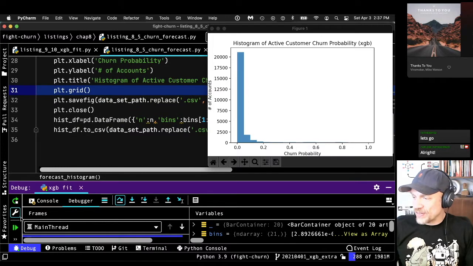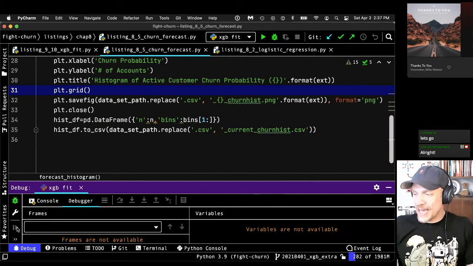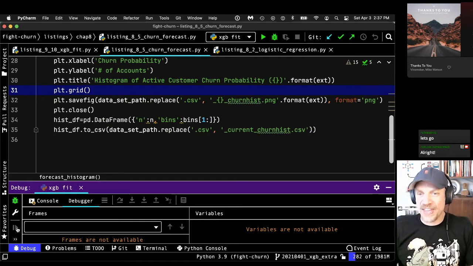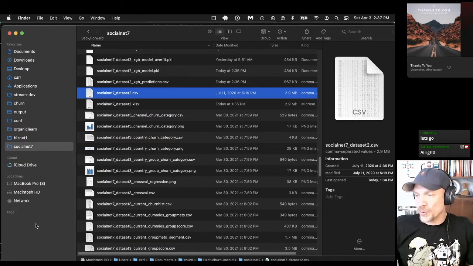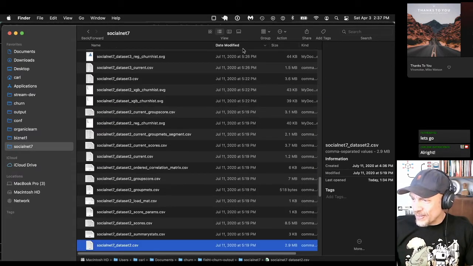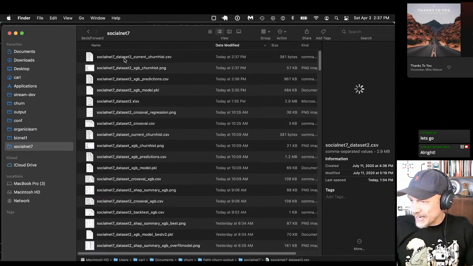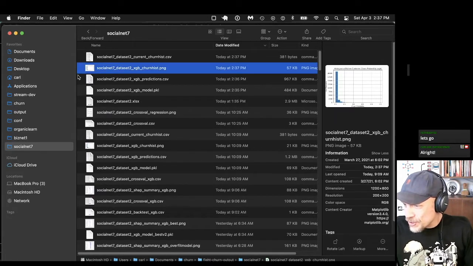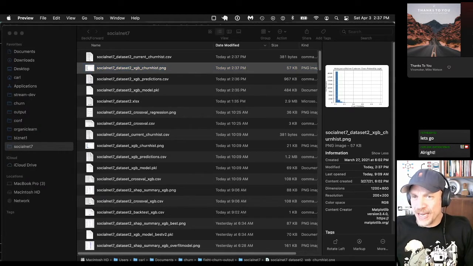I'm just going to let this run out, and then we can look at the histogram that was saved. Because in my code, all the results get saved out to a local folder. That's because usually in a business context, you're going to want to look at these things and share them with people. So let's see. This is the folder where I think it should be landing. Yeah, and here's our new histogram that we just created.